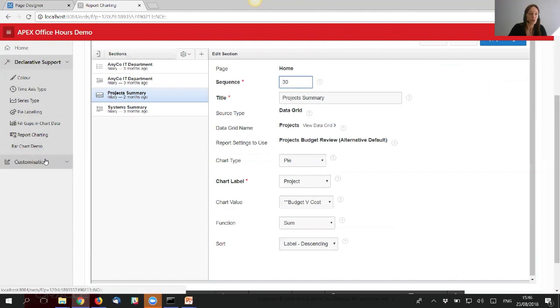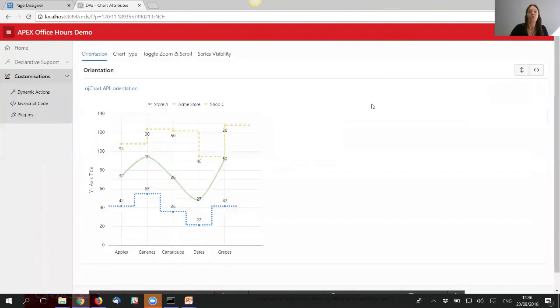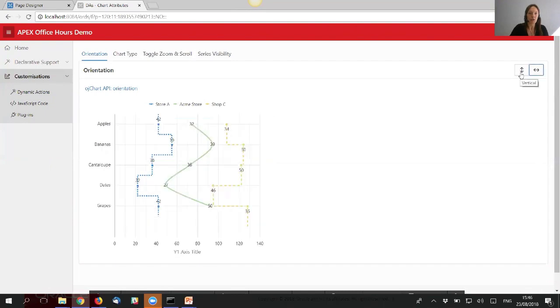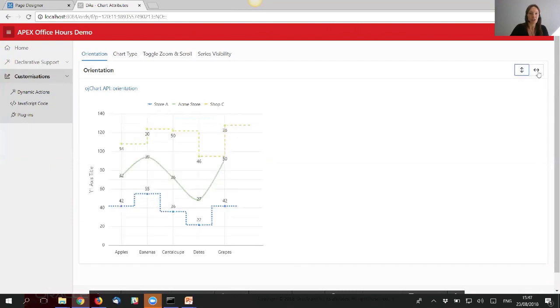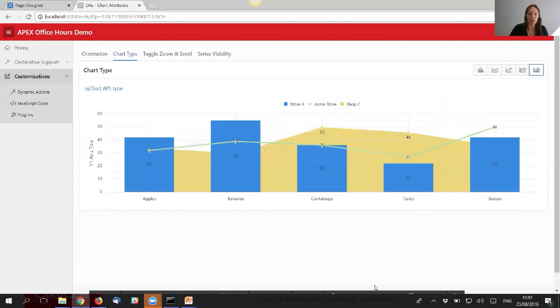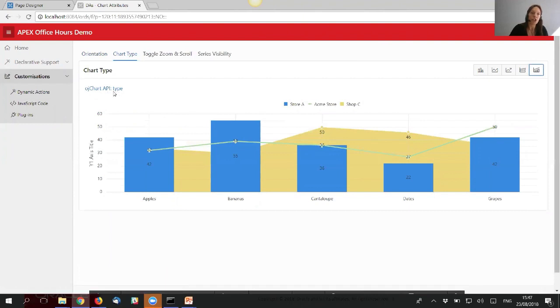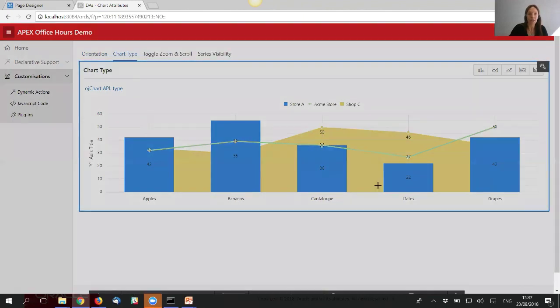So we also have a couple of customization options here, which I'll just quickly highlight before jumping into the Q&A session. You might want to give your end users a little bit more control over the chart that they're viewing. For example, if you want them to be able to change the orientation, which I'm doing using the buttons on the right, or indeed even the chart type. And how that's done is through the use of a dynamic action and referencing, in this particular case, the OJ chart API type attribute. If we edit that chart,